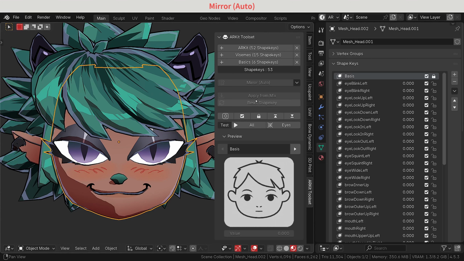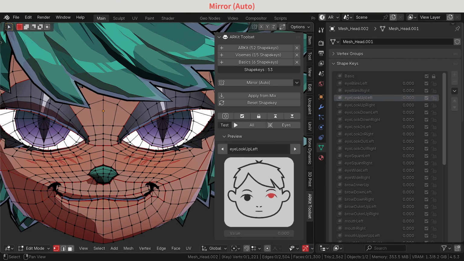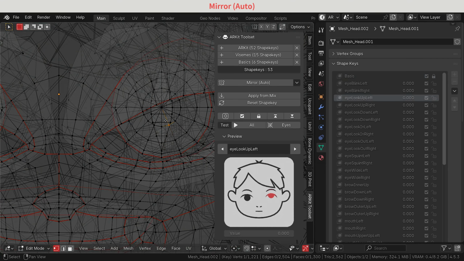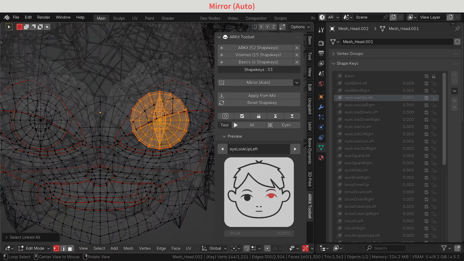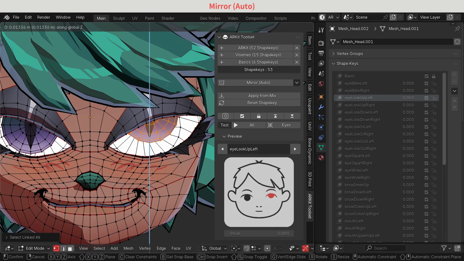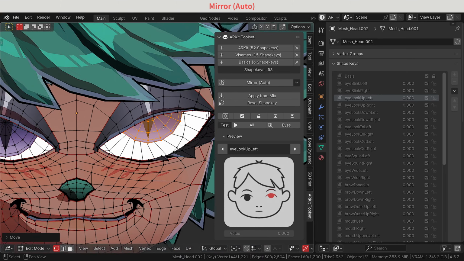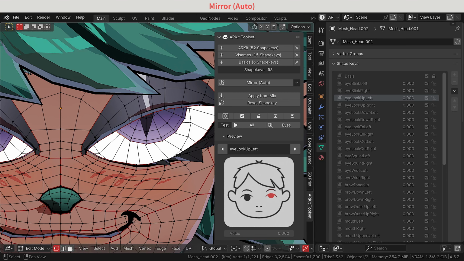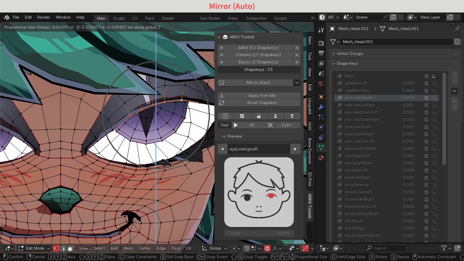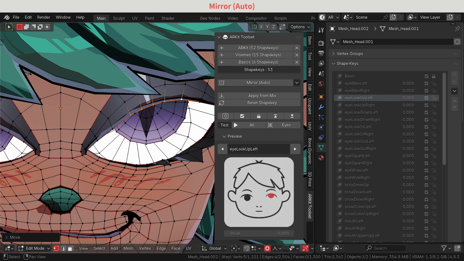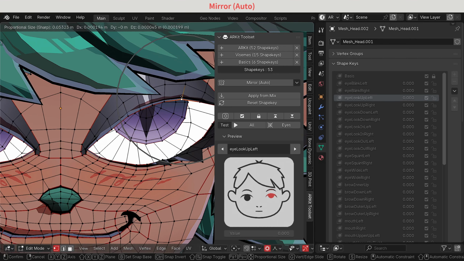For the demonstration, I will start on the eye lookup left, the left side of the face. Okay. I will select only the eye and move up. I will just select these few vertices, activate the proportional editing, and move up a bit this one.